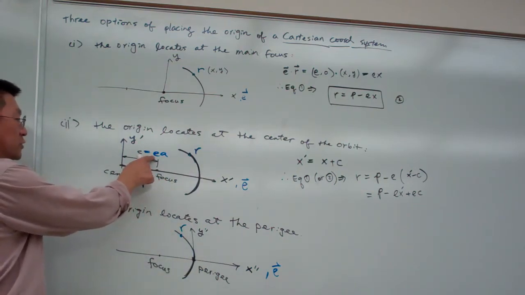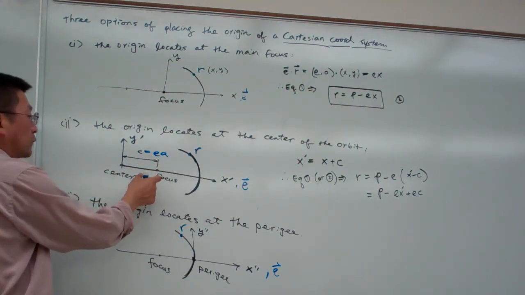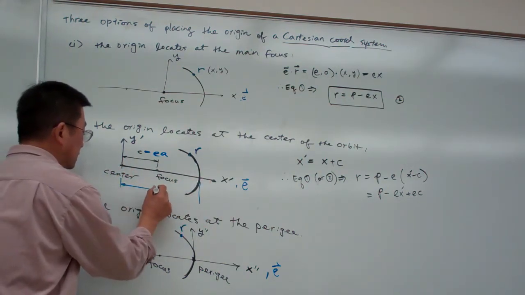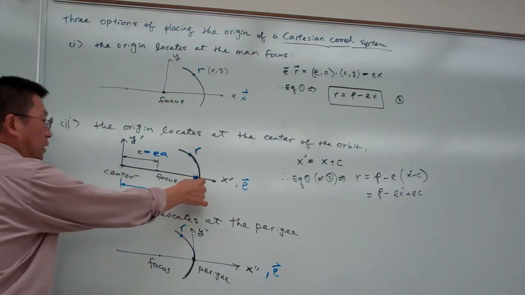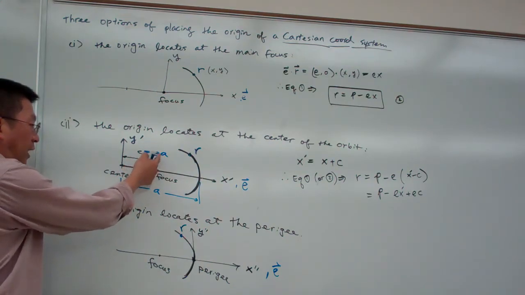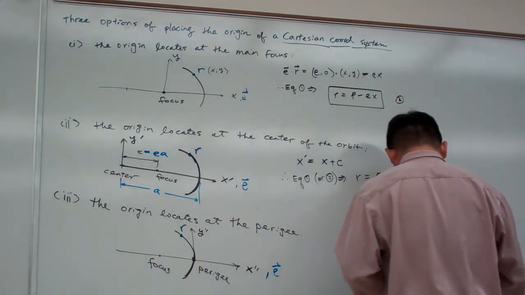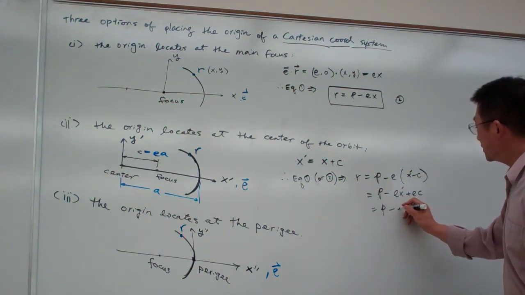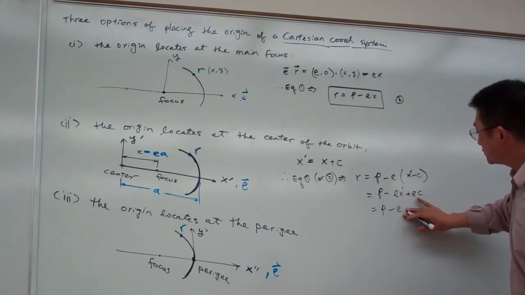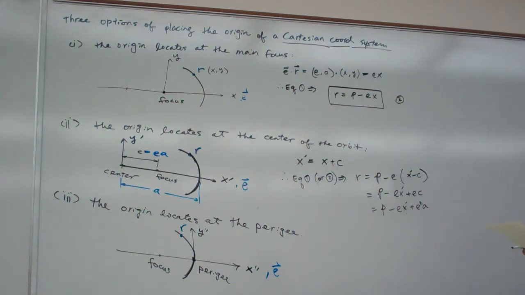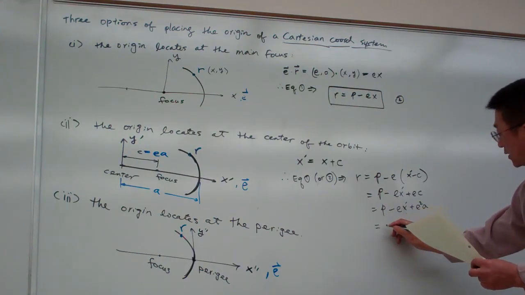E is the eccentricity, A is the distance here, from the center to the semi-major A. Okay, so here we can plug in C to that one. So therefore that one equal to P minus E x prime plus E square A. Okay, so let me rearrange. So that is